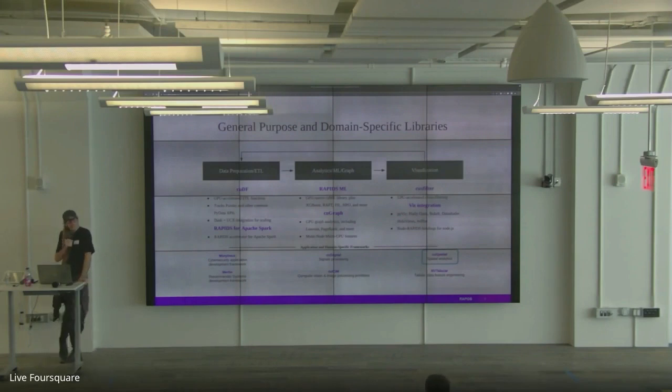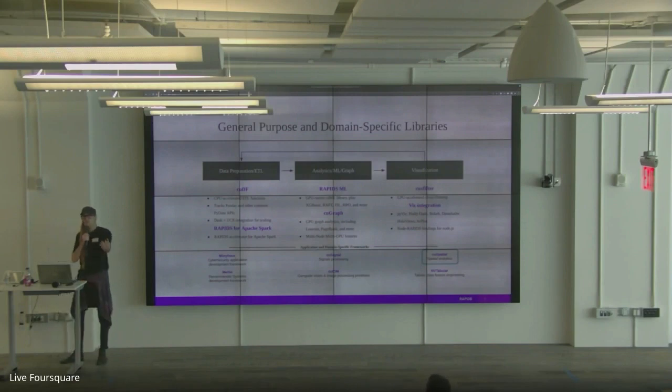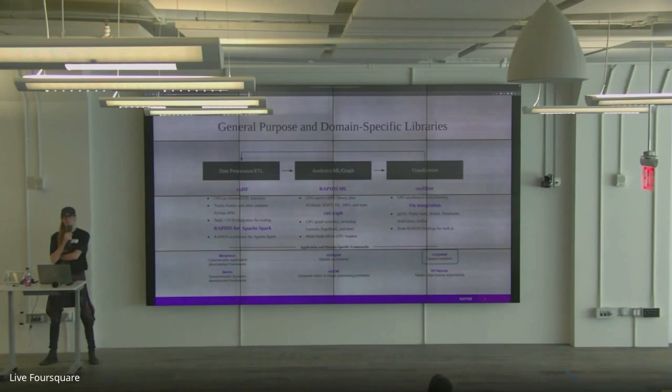So we've GPU accelerated each layer in the stack, giving you these high level APIs that are familiar if you're familiar with the PyData ecosystem, and then there's also more specific libraries under the hood for doing things like cybersecurity, geospatial, signal processing, image processing. I'm not going to talk about those today. We're just going to go through a high level overview of the general purpose libraries, and then see how we use those in our geospatial analytics